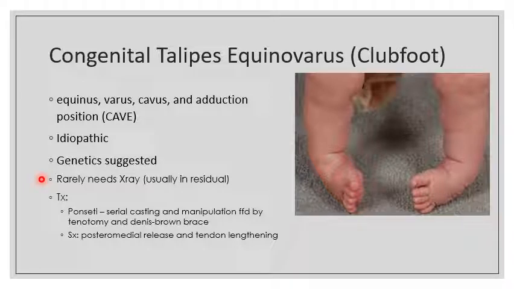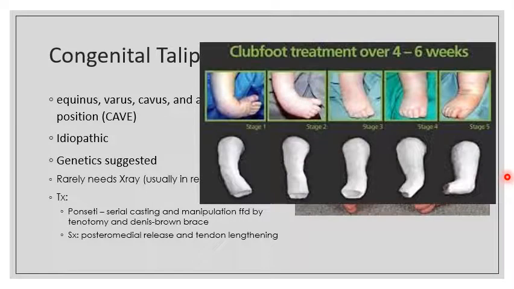there's still some problems. So treatment, as I mentioned, is Ponseti. It's a serial cast manipulation followed by tenotomy and Denis Browne brace. Ponseti revolutionized the treatment for clubfoot. Before he came around, clubfoot was basically treated surgically. But because of Ponseti, we do serial casting. So this is stage one. We try to gently manipulate, change the cast every month, and you see a gradual correction of the